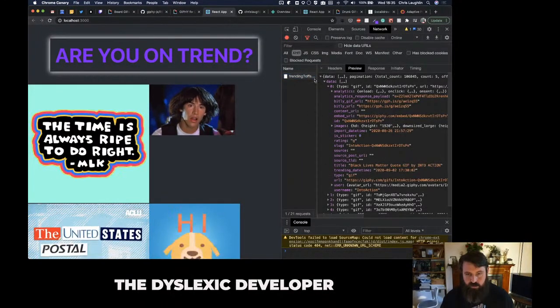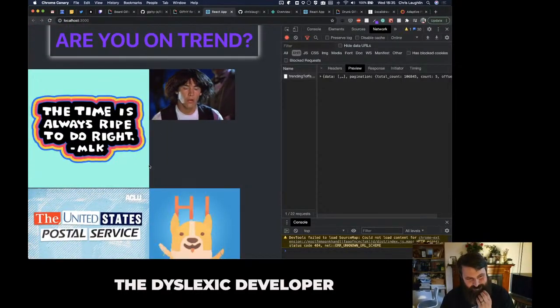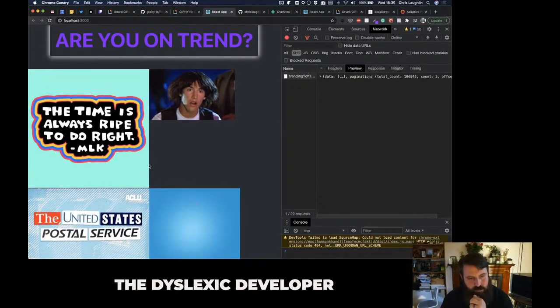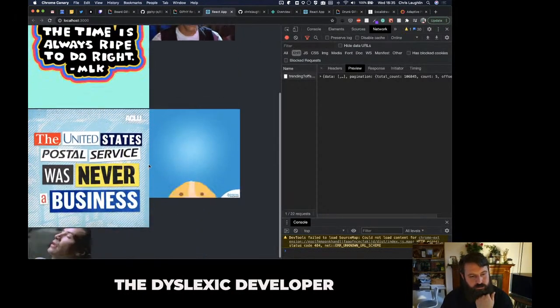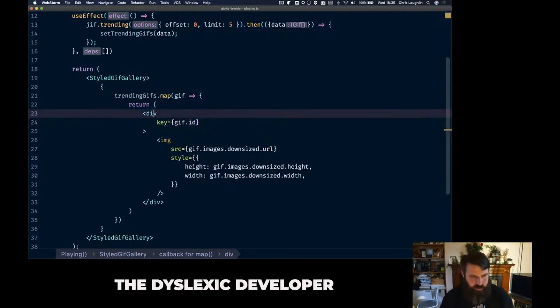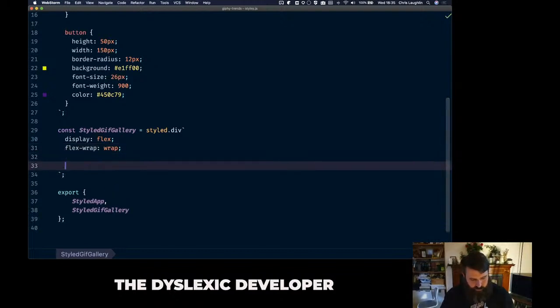Do we have an ID? Oh, we do. Awesome. So, got our ID. Yeah, it's not the best. There'll be spaces. Who cares? So, if we go back to our styles, then I want to do